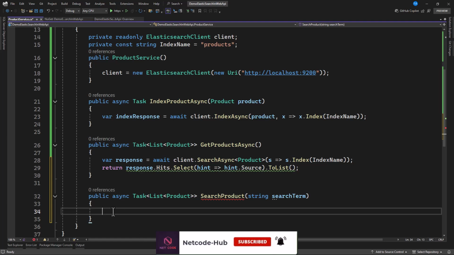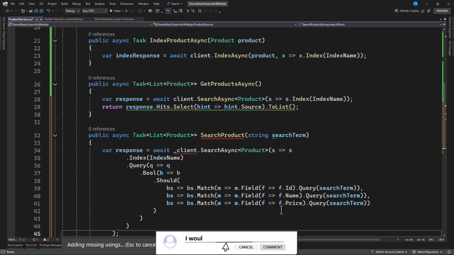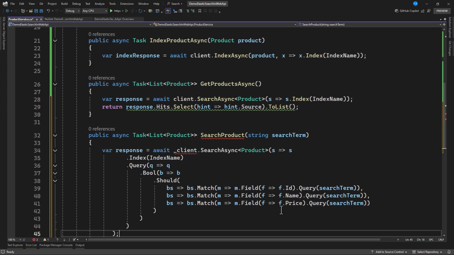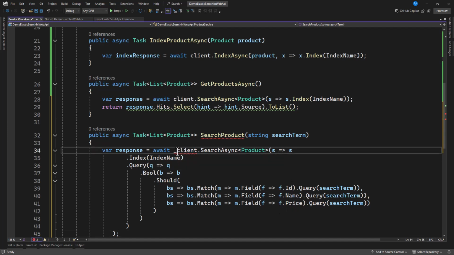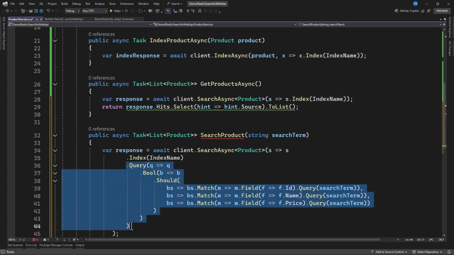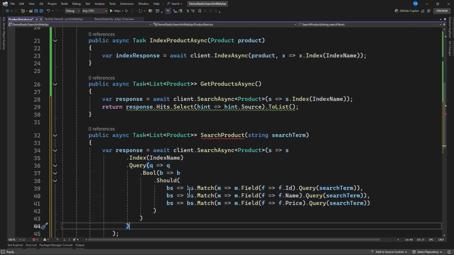So within this search term, we can also specify this, but I want to check here, we are specifying fields that we want to search with, and that is the beauty of Elasticsearch. We are creating a client, and then from in here, you can see we specify the index, the category where we're going to make a search to. After that, we specify our query. Now, in that query, we want to make sure the text or the search term here matches with the field of ID, matches with the field of name, and the field of price,